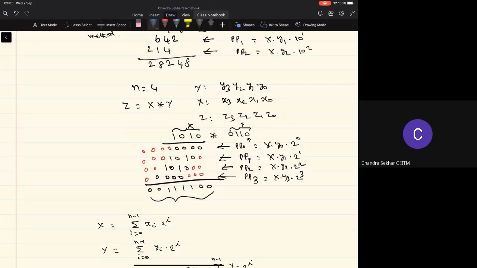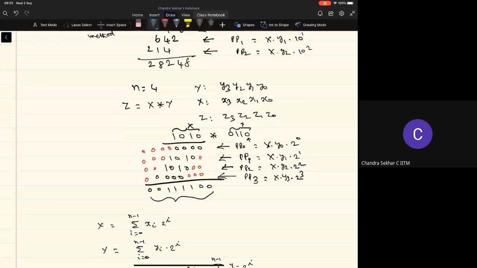And again, we need to perform the multiplication by power of 2, depending on which bit is being involved in the generation of the partial product. And again, we don't do this multiplication explicitly. We've seen earlier when we discussed the representation of numbers, whenever I want to perform multiplication by the power of 2, all we need to do is shift the bit sequence of the entity to the left by 1 bit and then bring in 0 in the least significant bit position. And so for this example, where x is 1010 and y is 0110,